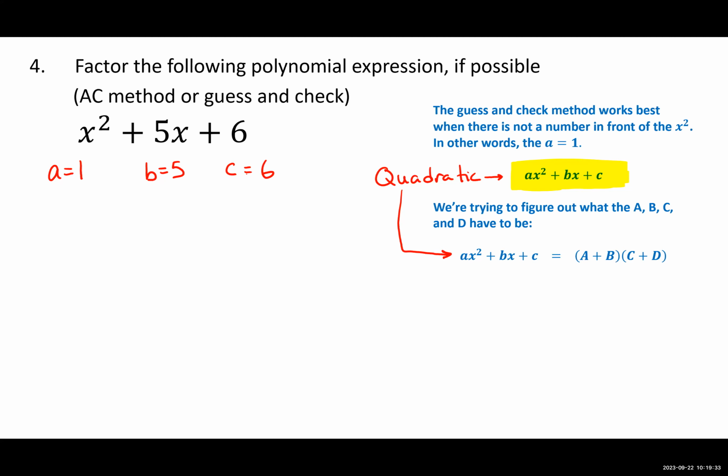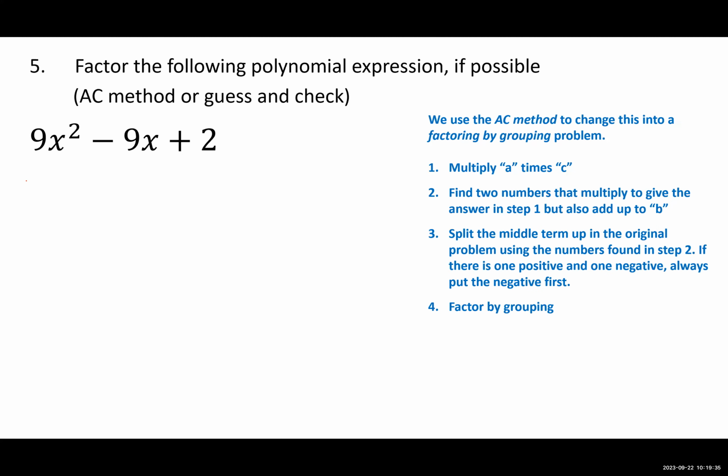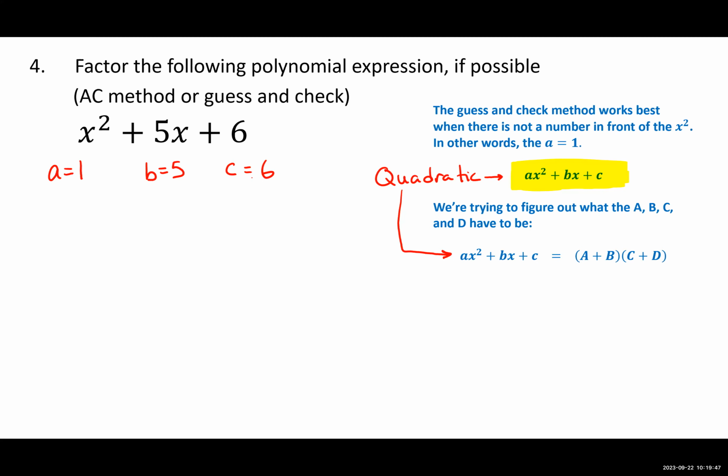In the next problem, a is 9, b is -9, and c is 2. We'll get to that one in a couple of moments. If the a, the b, and the c are all present in the problem, meaning none of them are 0, then it's going to factor